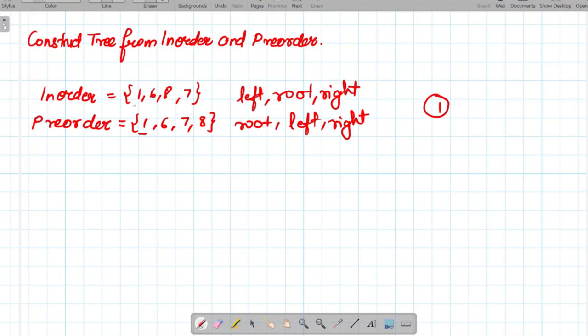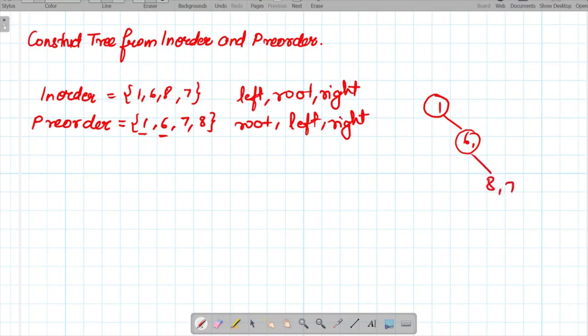We can see in the in order traversal there are no elements on the left, which means that 6, 8, 7 all come on the right side of this root node. Out of this 6, 8, 7, now we have to find which one is the root node. We will do it by using the pre-order traversal. In the pre-order traversal, the element which is next is 6. So 6 will be our root node. Then we will find where 8 and 7 lie for 6. For 6 also we can see that 8 and 7 lie on the right side.